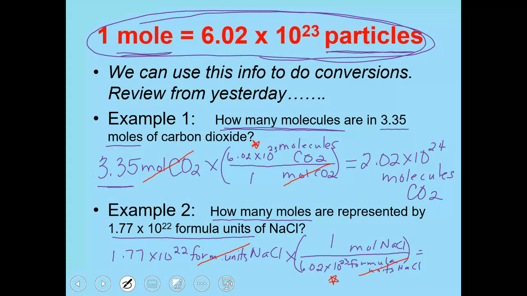Down here, Avogadro's number went on the bottom because the particles were on the bottom. So you really do have to pay attention to lining up your units so that they will divide out, and filling in the top and bottom of the factors so that they are equal. So this time we had to divide by Avogadro's number, and I got